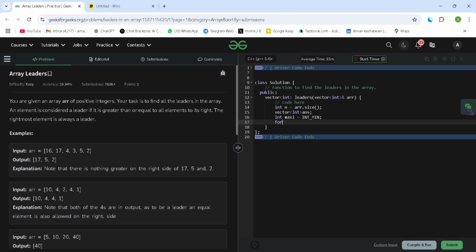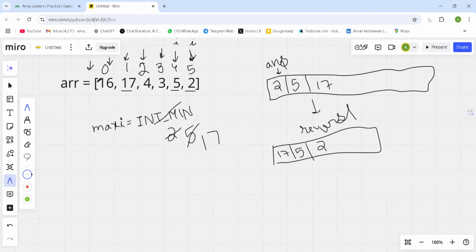And to iterate the array, simply use a for loop, and the for loop is initialized with i equal to n minus 1, because n is